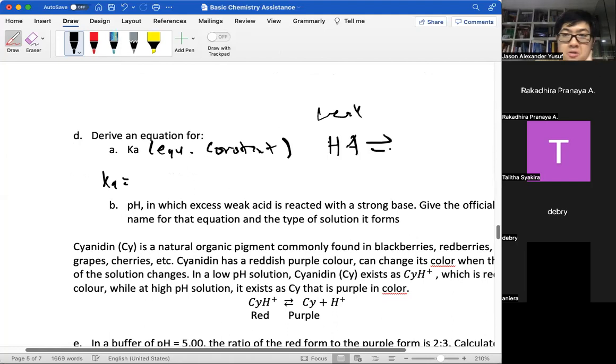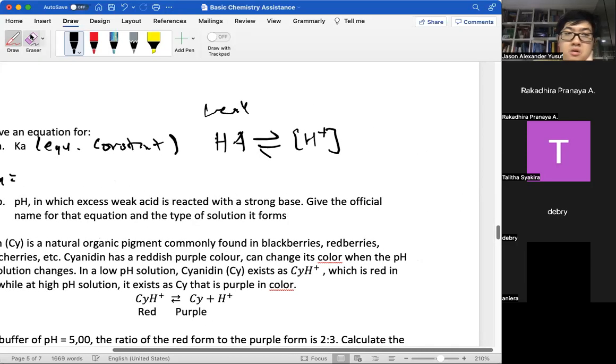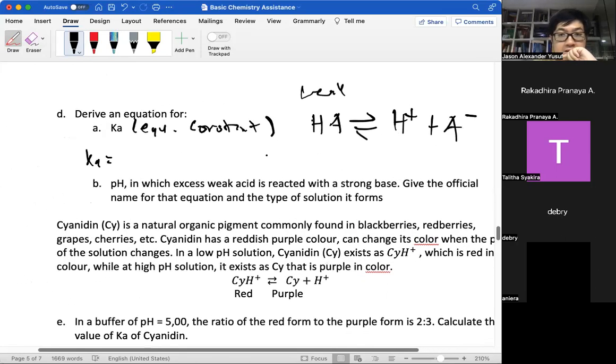So that means it will dissociate to give something like this, H plus, A minus. Right. And so for the Ka, we just apply what we know just now, which is